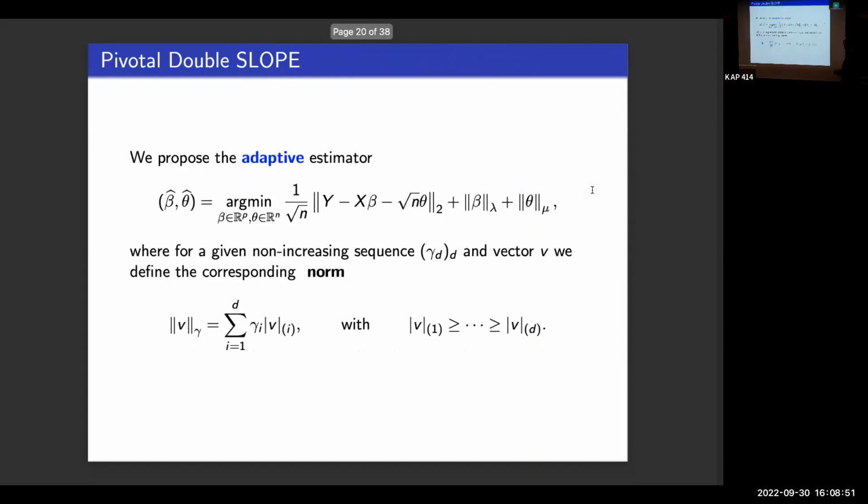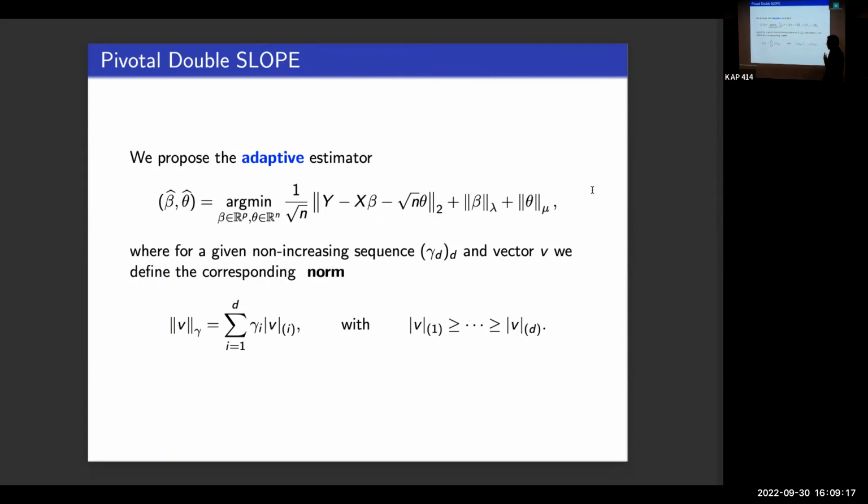The way to be adaptive to sigma is what we call the square root lasso, where you minimize not the quadratic loss but the square root of the quadratic loss, meaning just the norm. Usually by doing this, you don't need to scale the penalty with sigma anymore. It turns out that this is already adaptive to sigma. That's the way to be adaptive to sigma, simply changing the objective function.